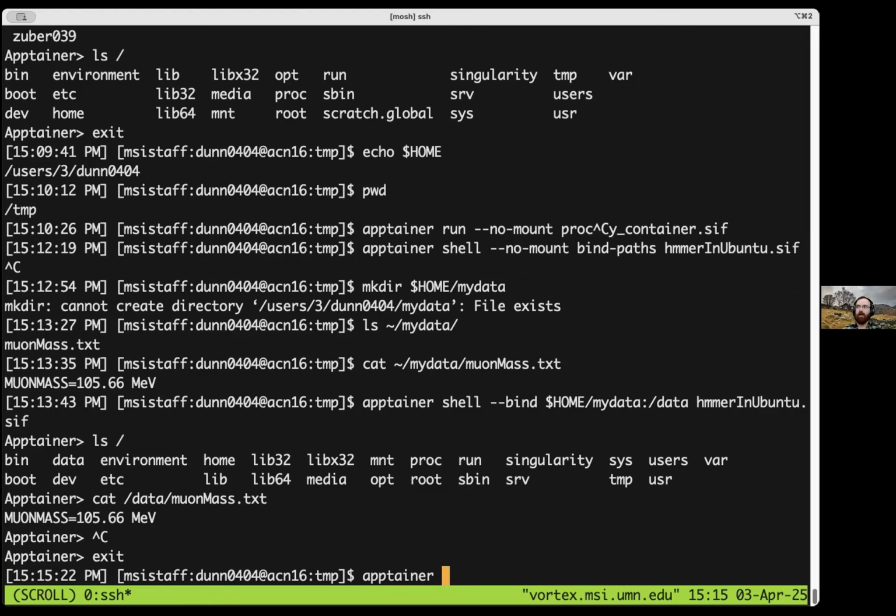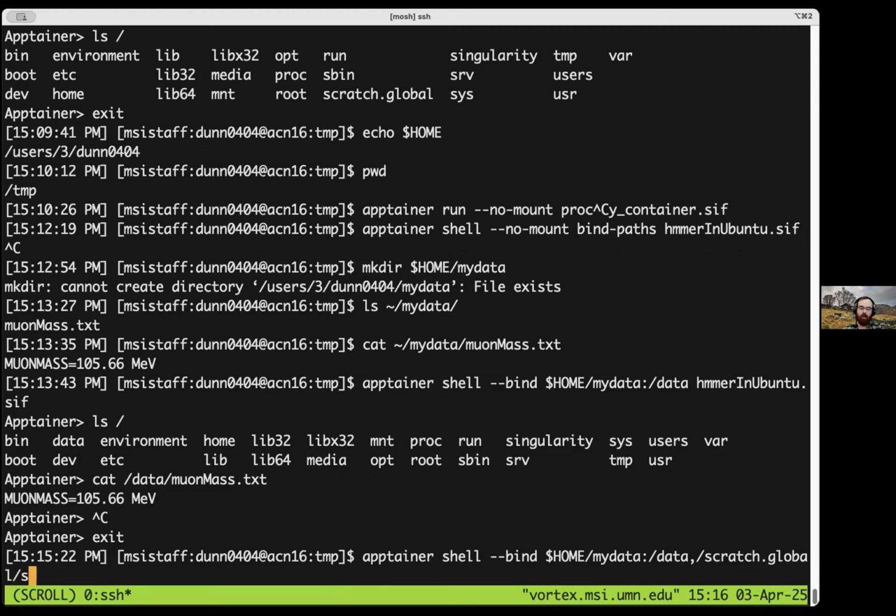So we can say apptainer shell --bind, and then we'll keep home my data being bound to data. And then we'll have a comma to introduce another bind that I want to introduce. We'll now bind /scratch.global, and then we'll choose to